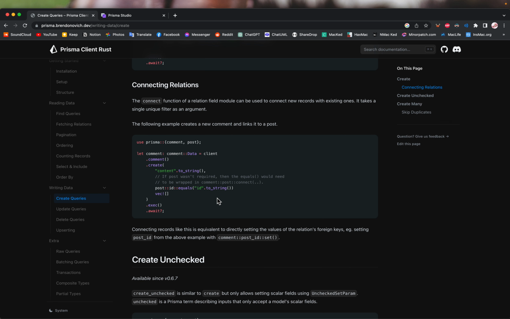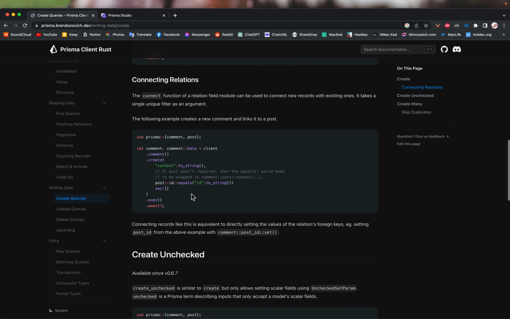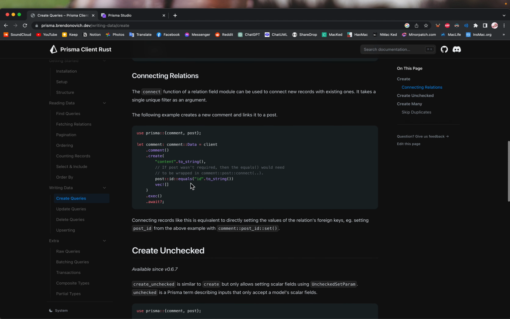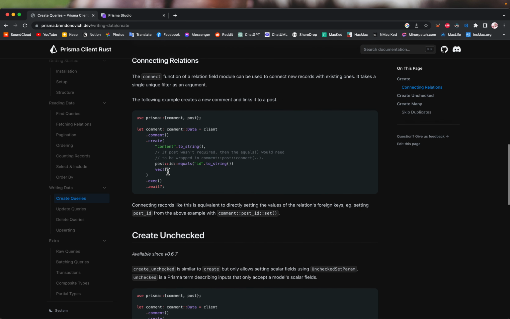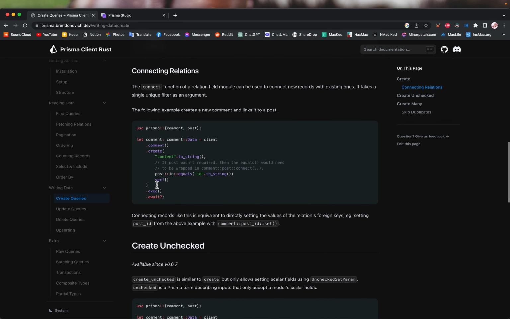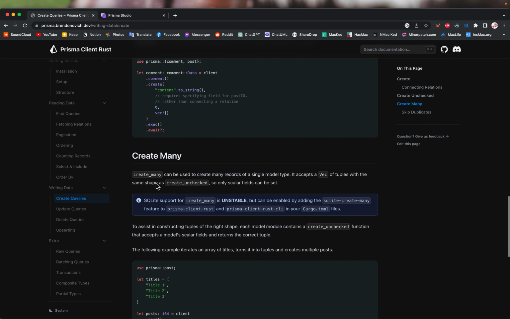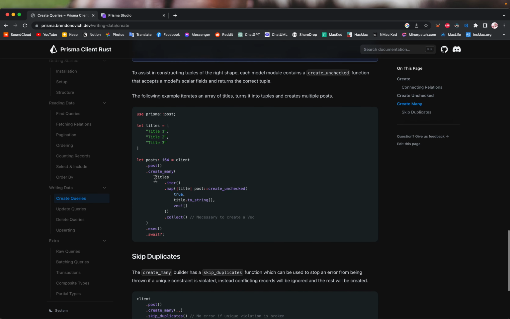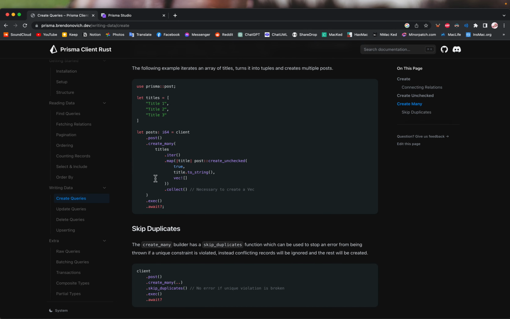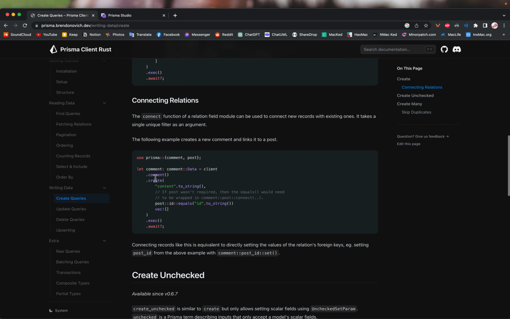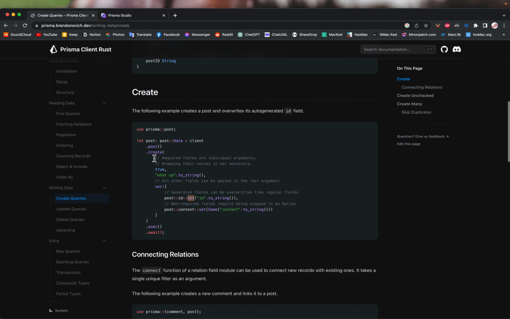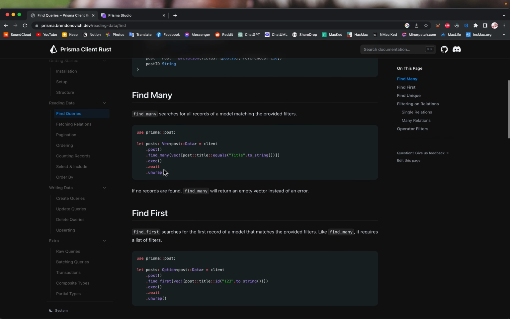You can also connect relations by doing a create here, but then you would provide it in some field here. And there's also create unchecked for some cases, but I don't think that you might need create unchecked. So the vector within the create function is going to be set param, and then if you go for the find queries,